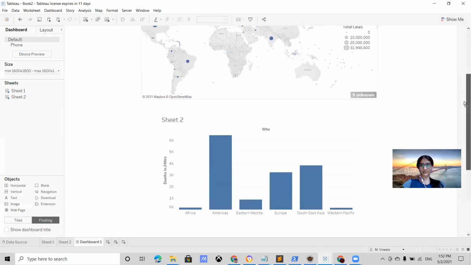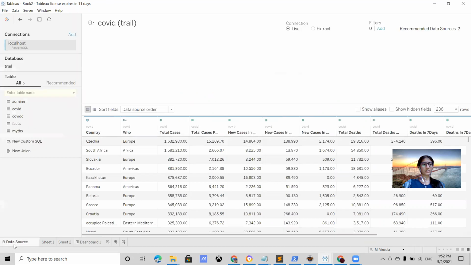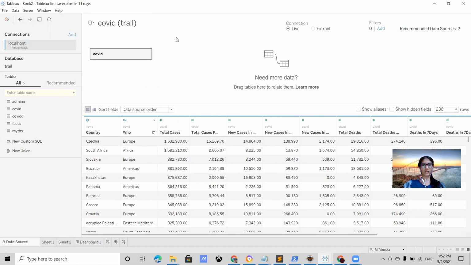So after creating this dashboard, we need to publish this dashboard to Tableau Online Server. In order to publish that dashboard, we need to first publish our data source, which is actually having a live connection. So we need to click on Server and publish data source COVID Drive. I have already published it to our Tableau Online. I will show you that. So I will not publish this now.